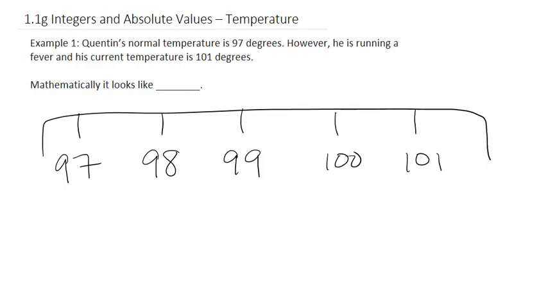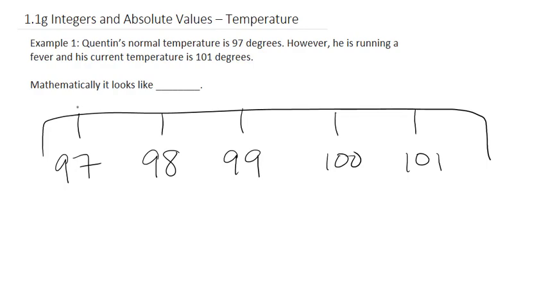Integers and absolute values. Temperature. Quentin's normal temperature is 97 degrees. However, he is running a fever and his current temperature is 101 degrees. So if we look on this number line, we can see that 4 units were added to his normal temperature